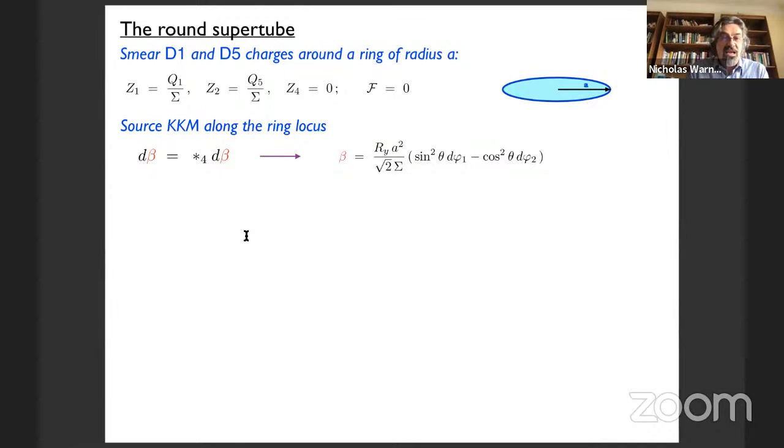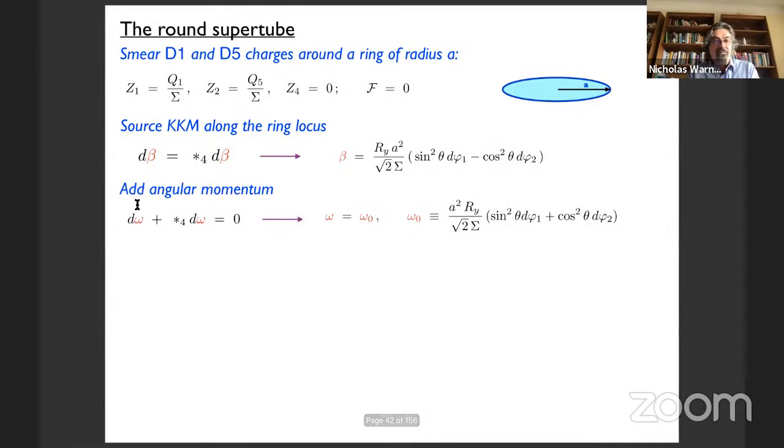You can also add angular momentum. You have to solve exactly the thing with the opposite sign, with a minus sign here. So this is self-dual, this is anti-self-dual. And you can solve it directly by simply exactly the same kind of ansatz, but now you have a sine squared theta plus a cosine squared theta. So self-duality or anti-self-duality just flips the sign here. I've normalized these identically for a reason that will become apparent in a minute, but a priori, these could have